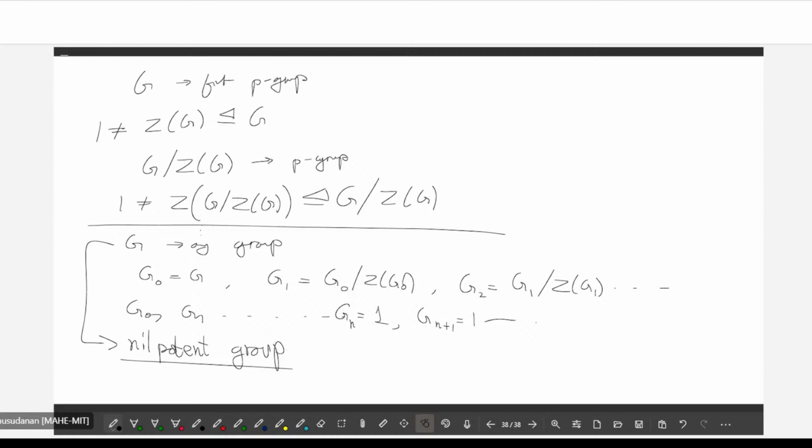If it has trivial center, then the sequence will never converge to one, so to speak, not in the usual sense of convergence. It will never settle down to one because you keep getting the same group over and over, right? So there are, of course, groups which don't satisfy this property. So this definition makes sense. There are some groups which are not nilpotent, but of course, any finite P group is nilpotent. Correct. Then you can ask, are there groups other than finite P groups which are nilpotent? So definitely